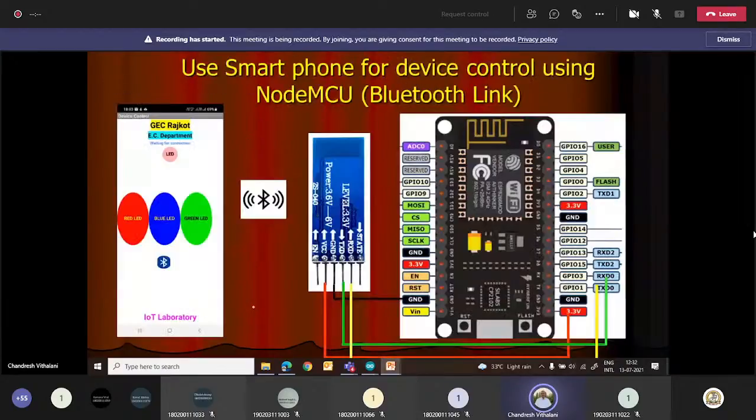So if you want to include the IoT part, then let's start with a very basic Bluetooth, right? Professor Adi Mehta was talking about level 1, where we are not using any internet, right? So we use only a local link. So basically we are using here what we can call a personal area network, WPAN. That is the link we are using, right? So your mobile application will be running, which will be sending the Bluetooth signal. And then at the receiving side, you will receive the Bluetooth signal, and based on the received data, you will take action. So I will try to demonstrate this link and its operation.